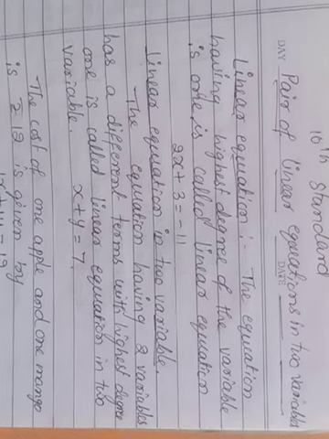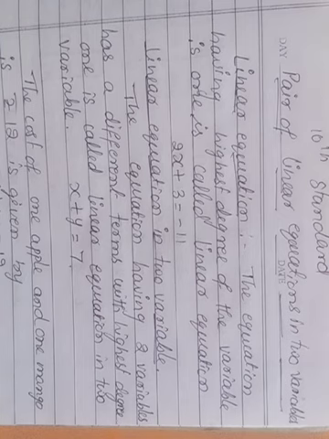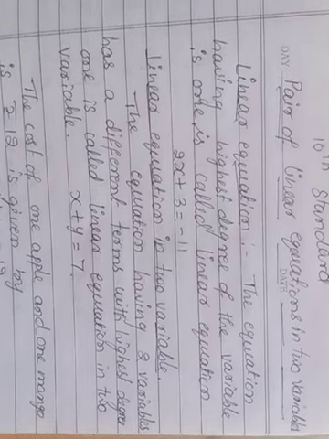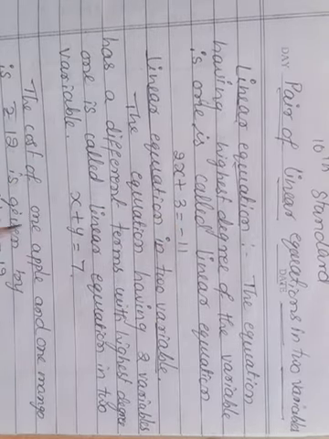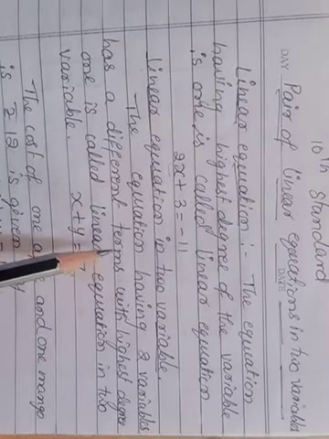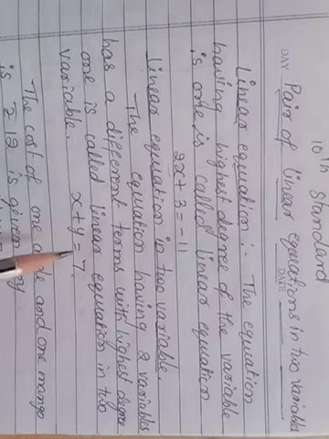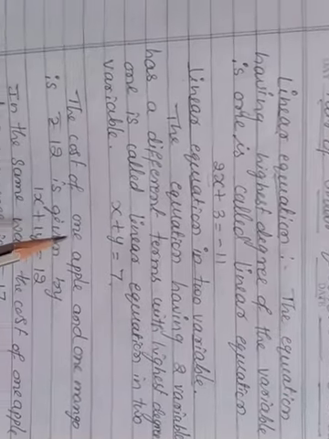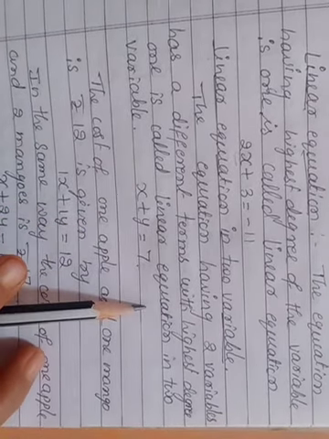Already all learnt when you were going with algebraic basics. I have already explained, an equation having the highest degree of the variable as 1 is called a linear equation. If this linear equation has only one variable, then it is called a linear equation in one variable. But if the same thing, if you are having two variables, and they should be different terms, children.